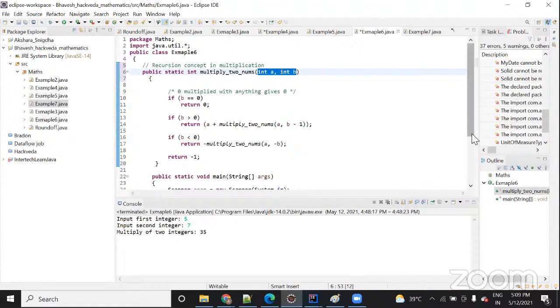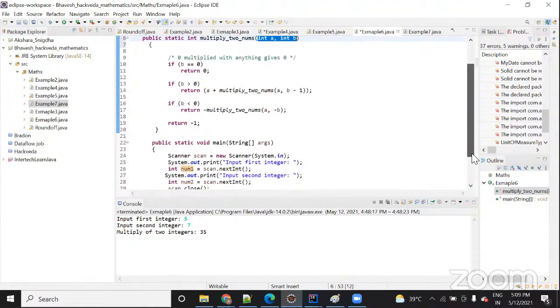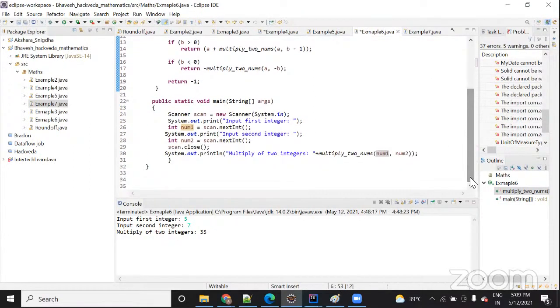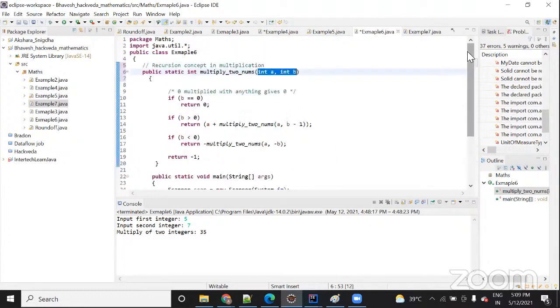The other thing is you can also pass by reference, by address, or by value. Here we are using pass by value. I find that topic very difficult: you have to pass the address of that variable. I feel difficulty in pass by reference and alias also.